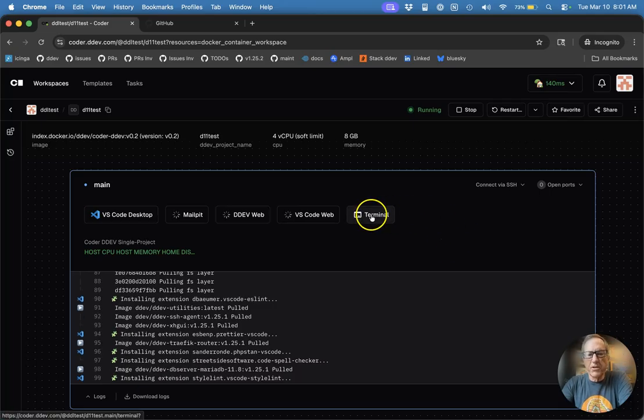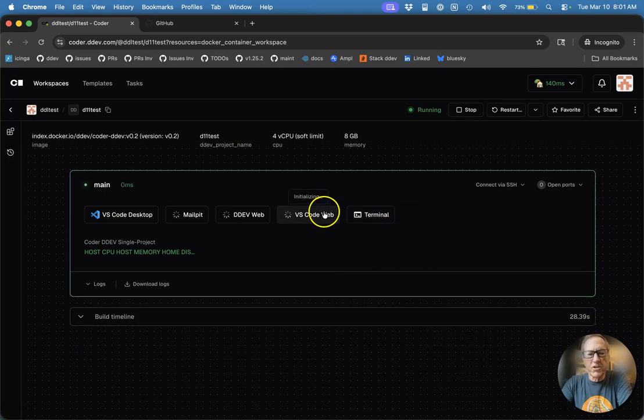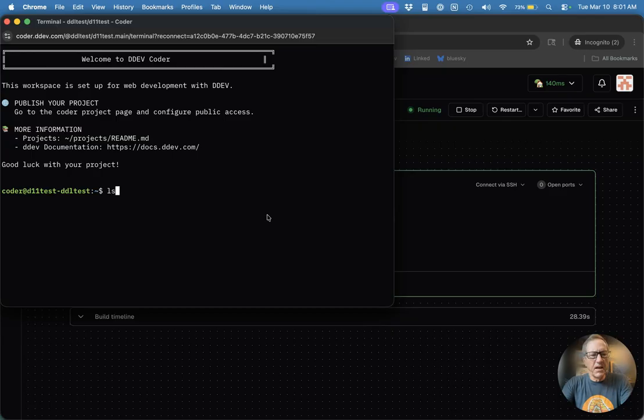You see that we have a terminal link here for a web-based terminal. There's also many other ways to use the terminal. We have VS Code Web, which is a web-based version of VS Code, and VS Code Desktop. So I am going to use the terminal here, and I am just going to git clone